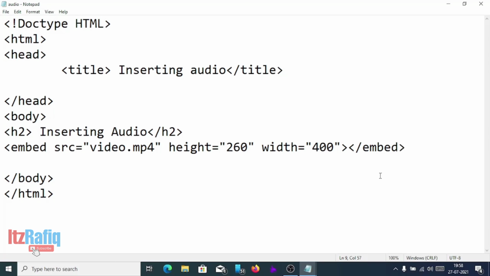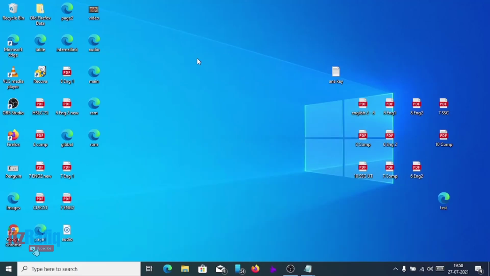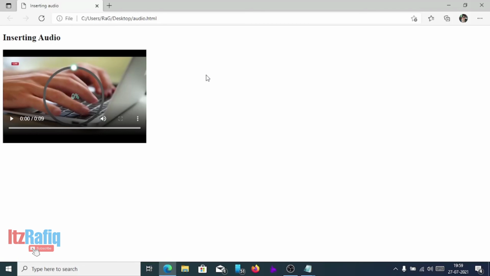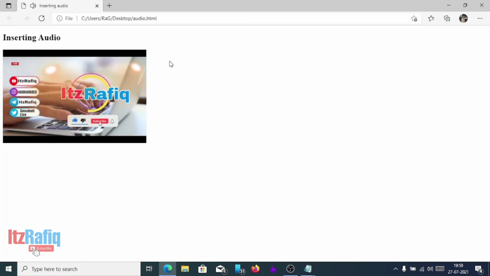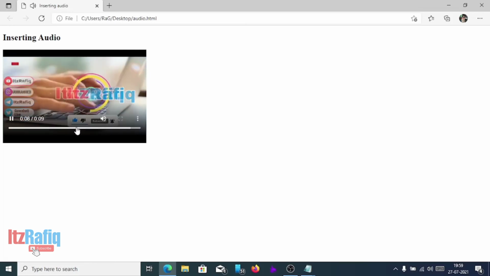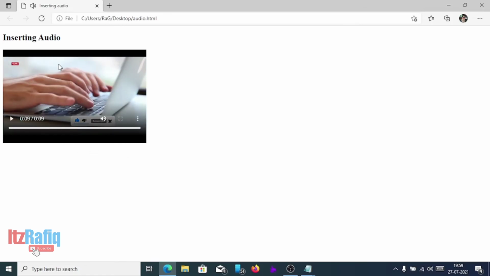Now let's save the page and open it in the browser. So you can see here, by using the embed tag also we can insert audio and video. And here you will see one black color line while using the embed tag. It means that by using the embed tag we just get the player embedded in the document, and we will not lose the actual ratio of the video. In place of the empty space, we are getting the black color lines. The video does not get stretched.